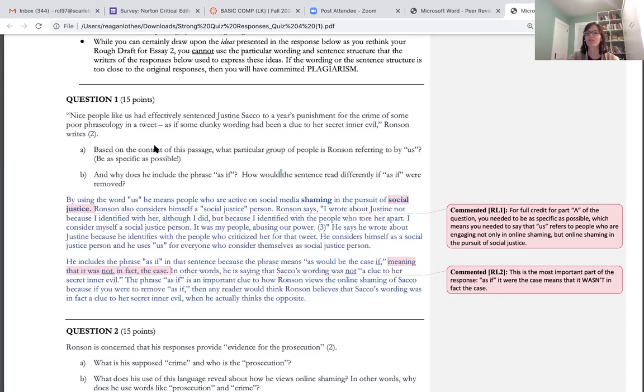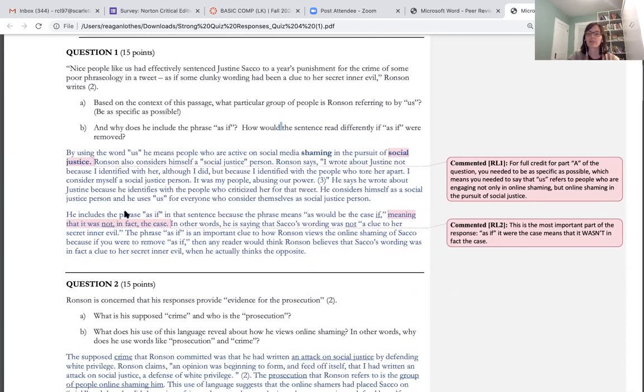What are their values? What are their viewpoints? So this idea of who Ronson has in mind as "us" is really important for Unit 2. And why does he include the phrase "as if,"